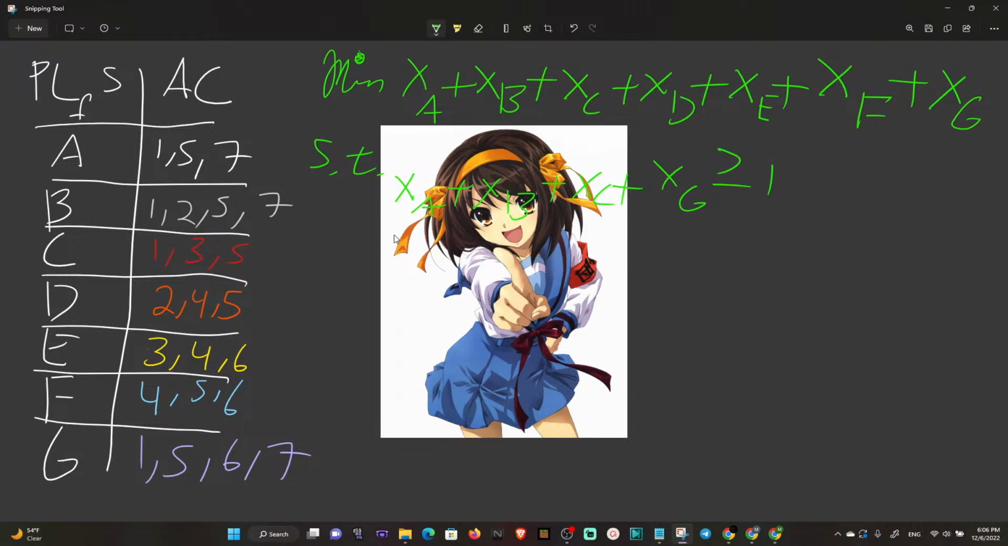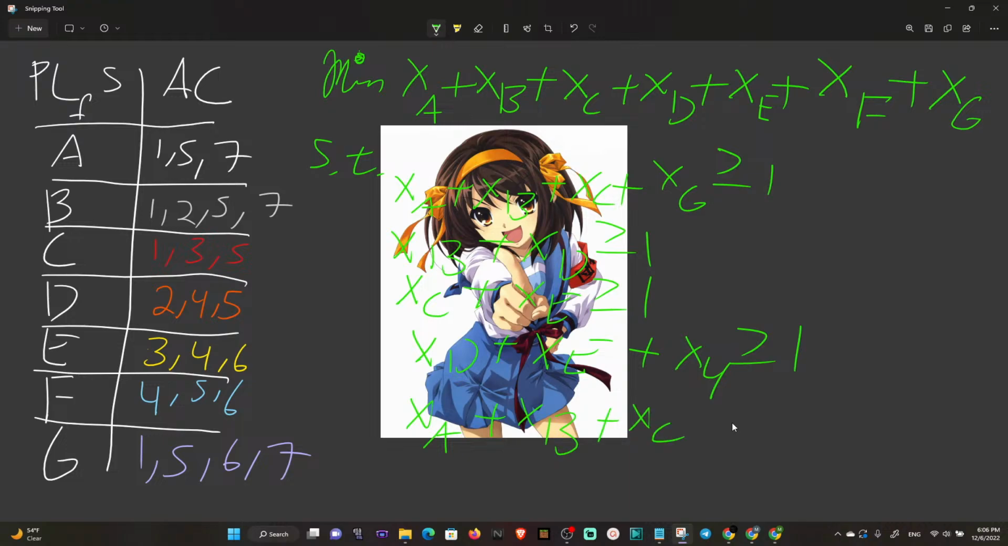For area 2, it's going to be XB plus XD is greater than or equal to 1. For area 3, it's going to be XC plus XE is greater than or equal to 1. For area 4, it's going to be XD plus XE plus XF is greater than or equal to 1. For area 5, it's going to be XA plus XB plus XC plus XD plus XF plus XG greater than